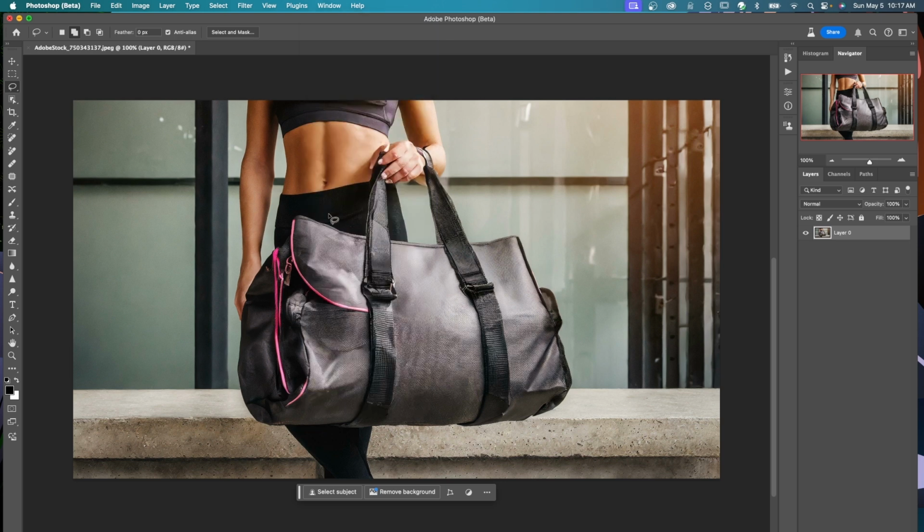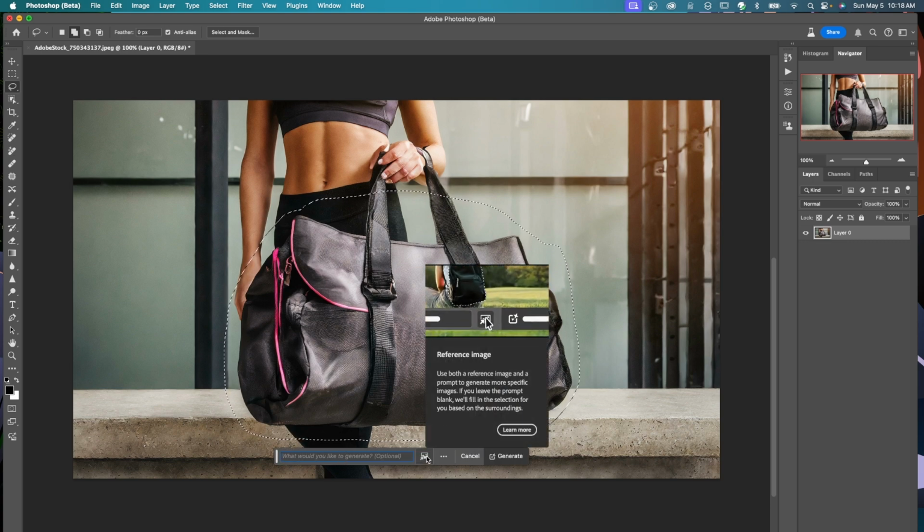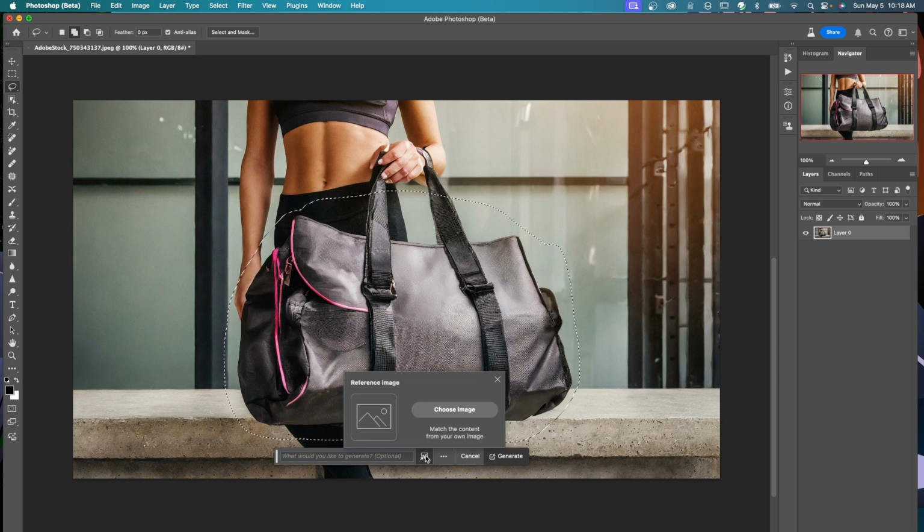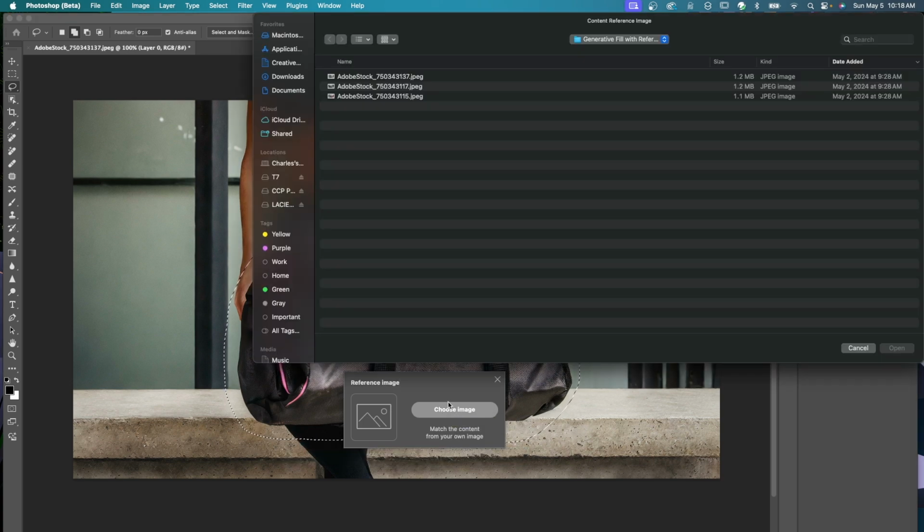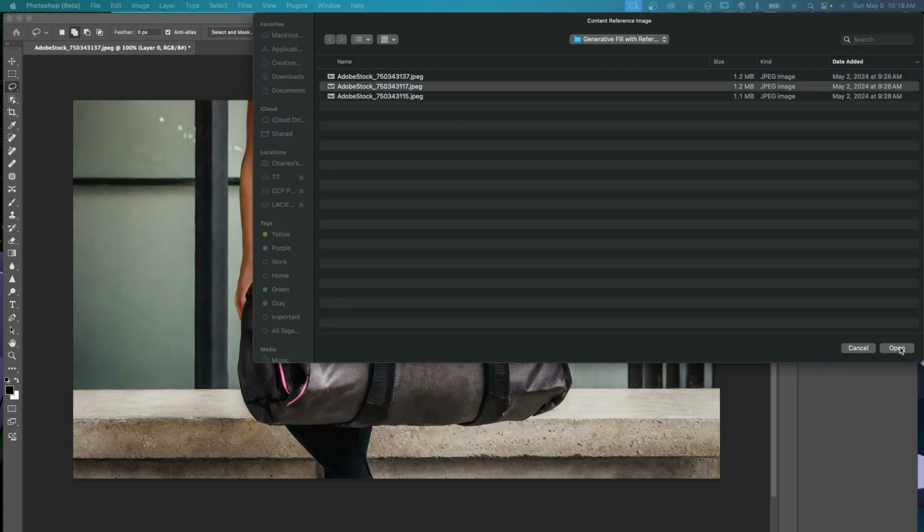So I'm going to use my lasso tool and I'm going to make a selection around this bag, roughly something like this. And now here is the Generative Fill contextual taskbar. And you can click and type in something in the prompt, or there's this new button called Reference Image. So if I click on that, it's going to ask me to choose an image that I want to use. So I'm going to choose an image on my computer, and I'm going to say Open,